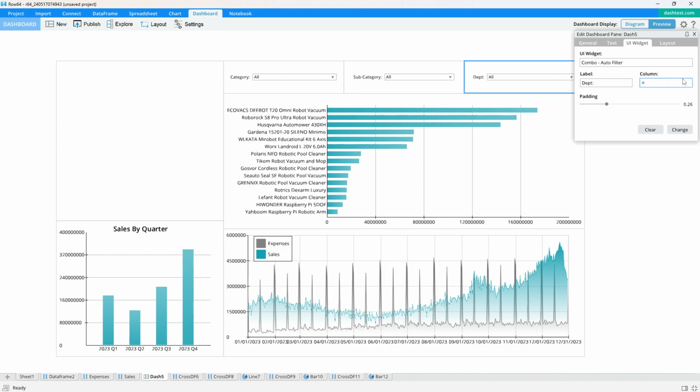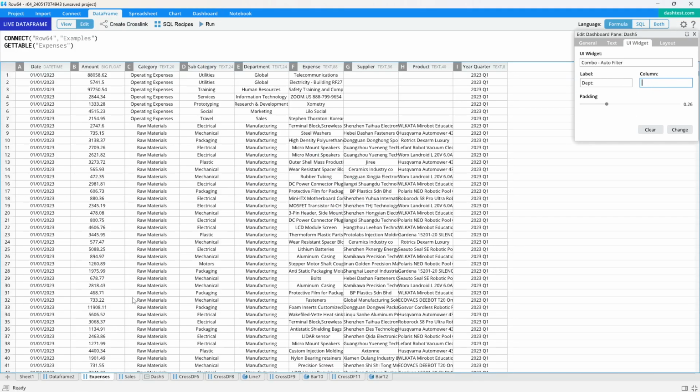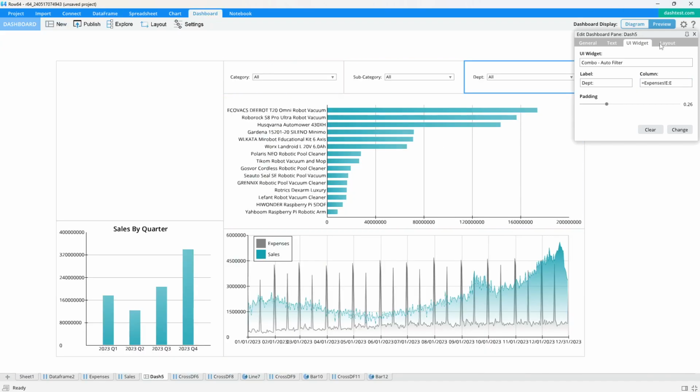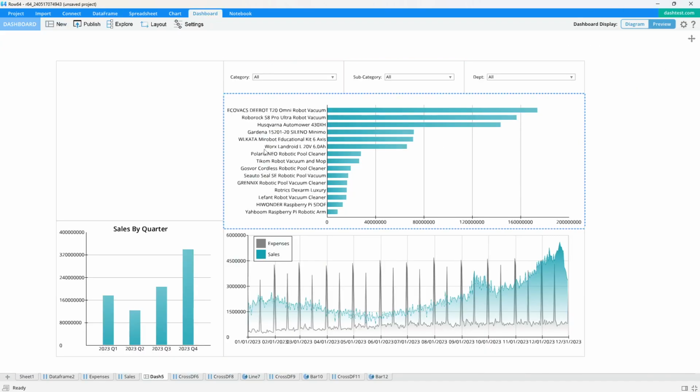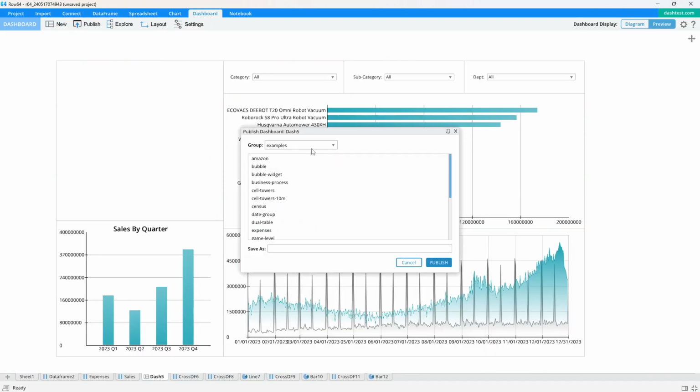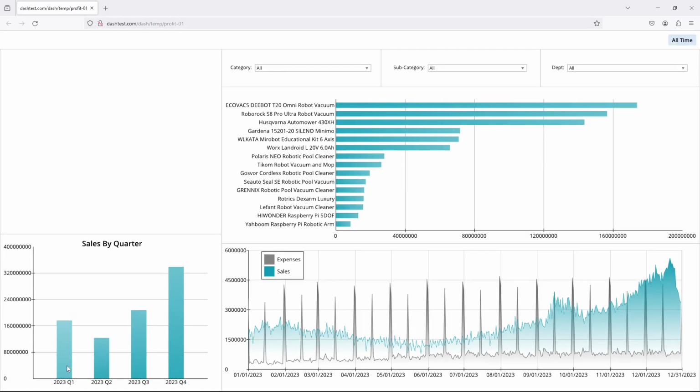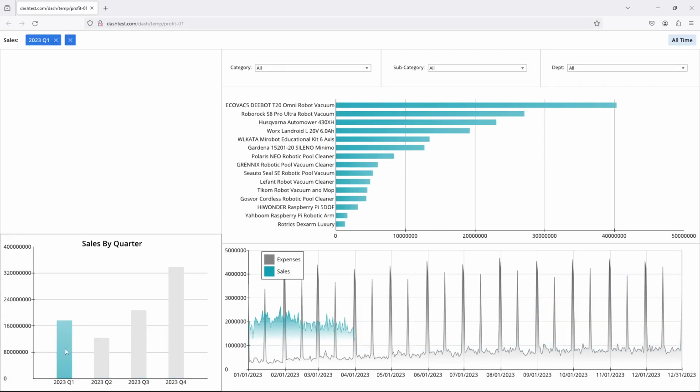Okay. Oh, it's not the sum. We're just connecting right to the column. Okay. All right, that's looking good. So now when we publish this online, we're going to see profit. Okay. Publish that. We're going to see that when we filter and we cross-filter hitting this, we're filtering the sales